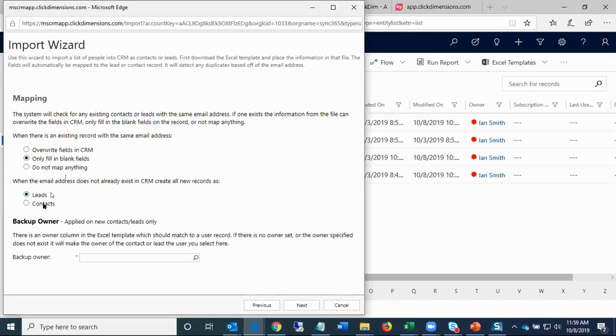And here this is kind of the beauty of the ClickDimensions import tool, is that it matches looking for existing contacts with a matching email address. And if it doesn't find an existing contact with a matching email address, it'll look for an existing lead with a matching email address. And if it finds neither a matching contact with the same email address nor an existing lead with a matching email address, then you have your choice of creating either a new contact or a new